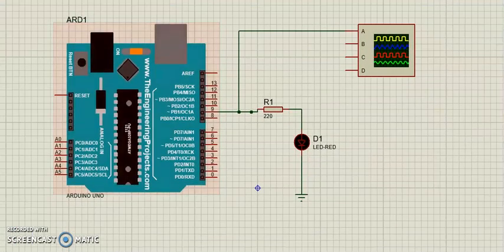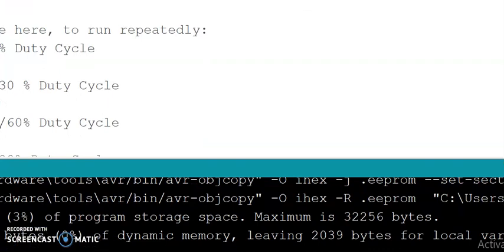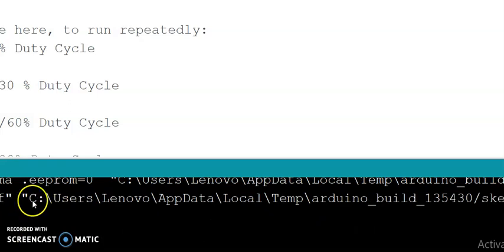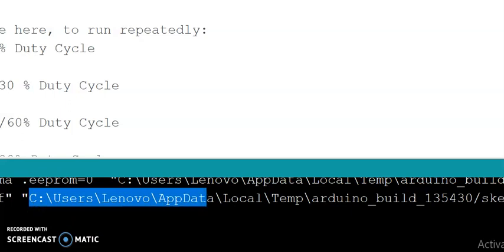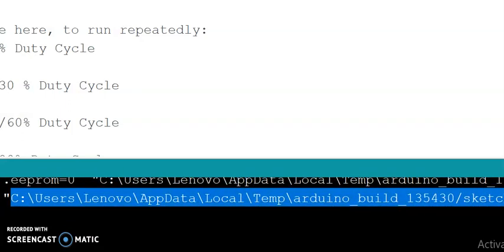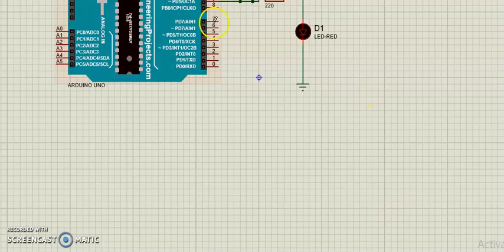Now let us put the path of our hex file. As discussed in the earlier session, here you will get the corresponding hex file path. I am just going to copy that and paste it over here.